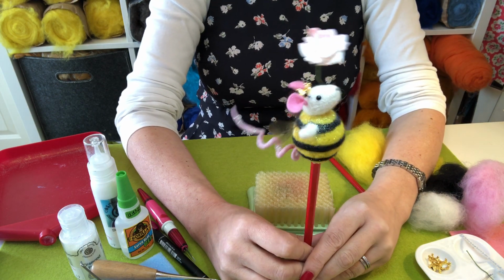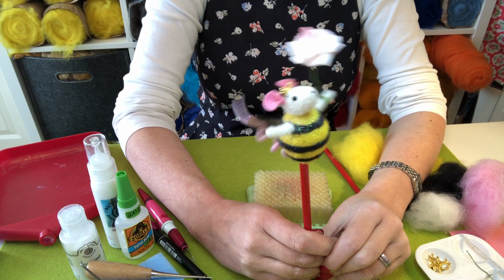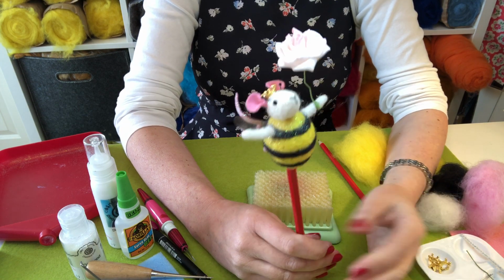So hello and welcome to our Bumblemouse tutorial where we're going to be making this cute little guy today. Now you can either make him from your craft stash, or if you don't have bits and pieces, we have